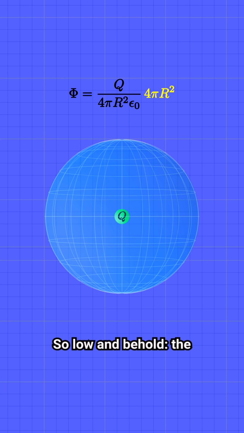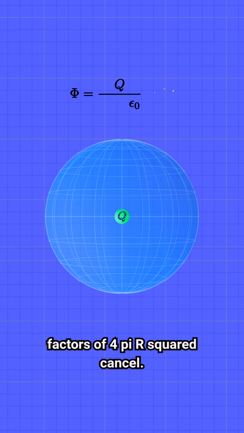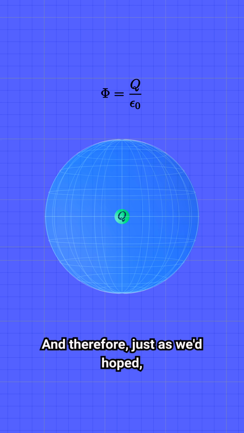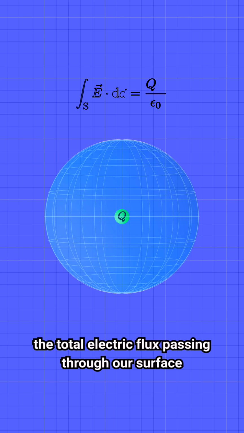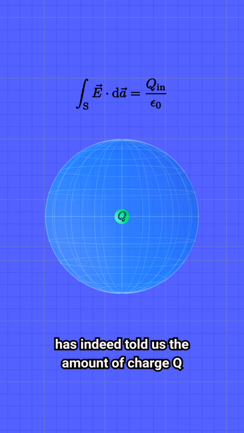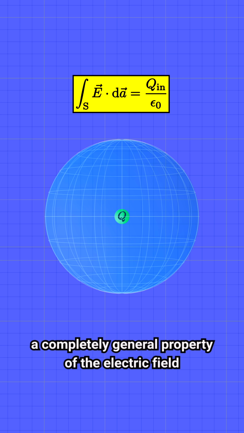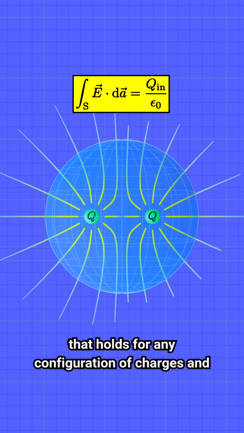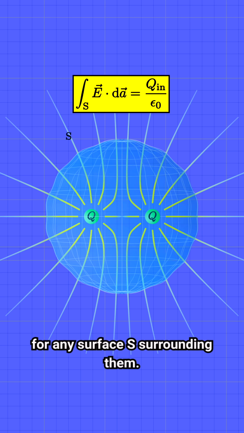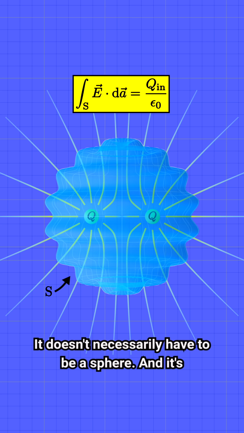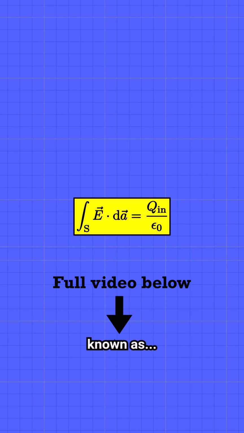So lo and behold, the factors of 4 pi r squared cancel, and therefore, just as we'd hoped, the total electric flux passing through our surface has indeed told us the amount of charge Q contained inside of it. And this is in fact a completely general property of the electric field that holds for any configuration of charges and for any surface S surrounding them. It doesn't necessarily have to be a sphere. And it's known as